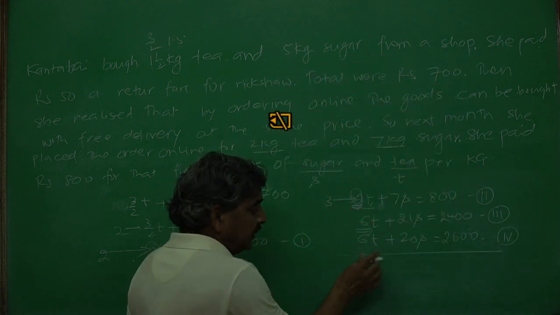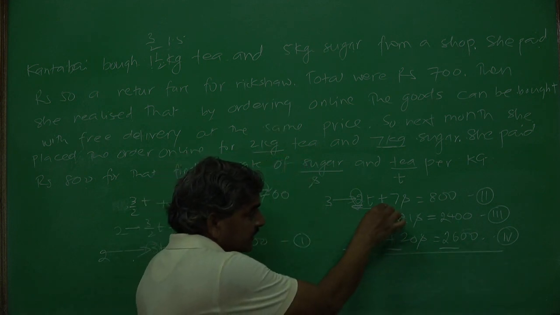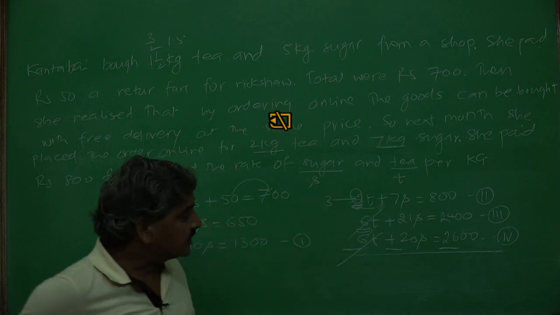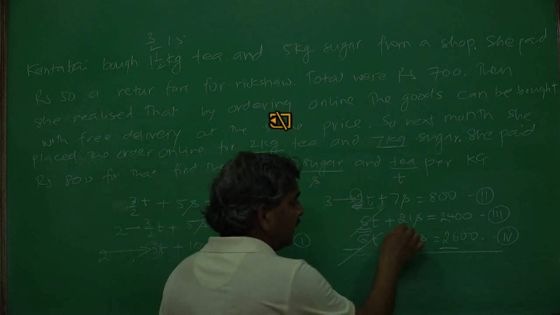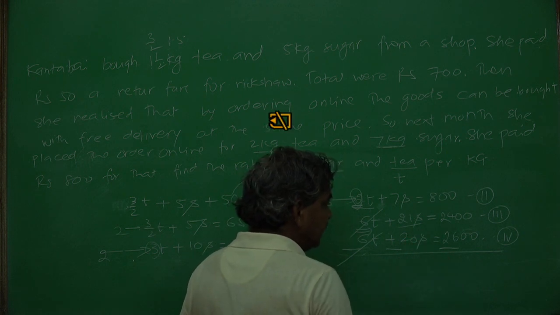If I subtract the equations, 60 minus T gets cancelled. Next, 21S minus 20S, that is equal to